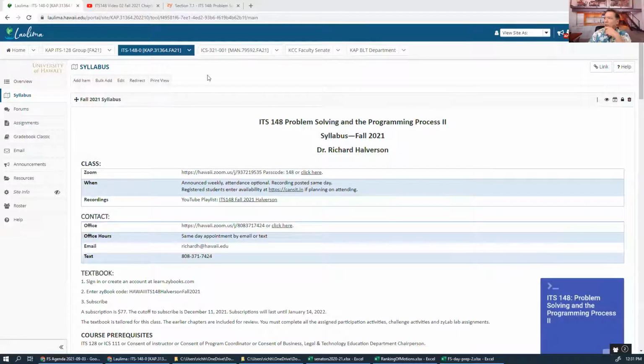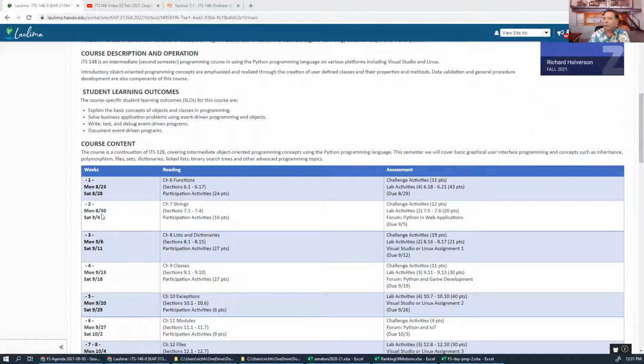And so here we are in La Lima. Strings: there's a couple of short challenge activities or lab activities. You should be pretty good with strings. Strings is one of the pretty important things to know how to manipulate in Python, and this is your second semester, but anyway, you should go over the chapter. There's a couple of new sections, or at least one, and then these are some short lab activities. I can go over those, and then I'd like to spend the rest of the hour returning to the large